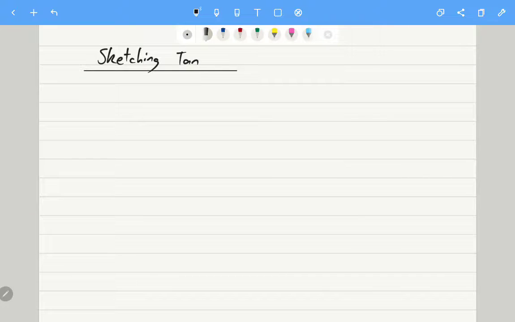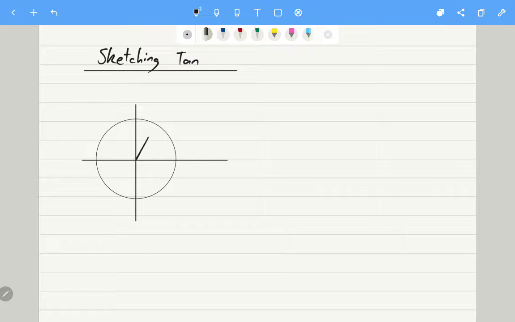Alrighty, so today we're going to be having a look at sketching tan, and the first thing that I want to talk about is the fact, let's talk some tan, because tan's quite an interesting function. So we've been talking about the definition of tan for a long time as just being the sine over cosine, which is very much true, but one thing that I haven't really spoken too much about is if we use our unit circle, and I take this angle theta, right? It's going to have a point up here,